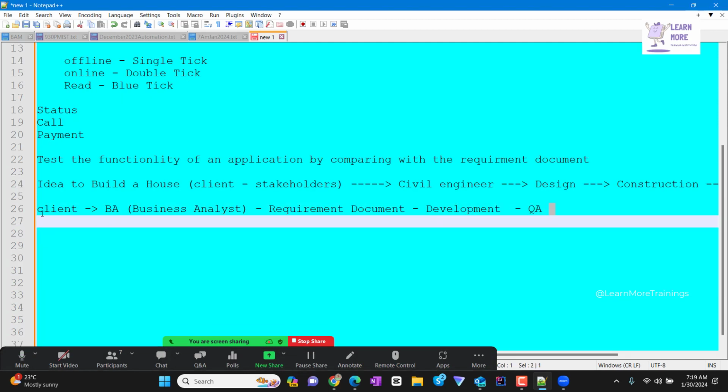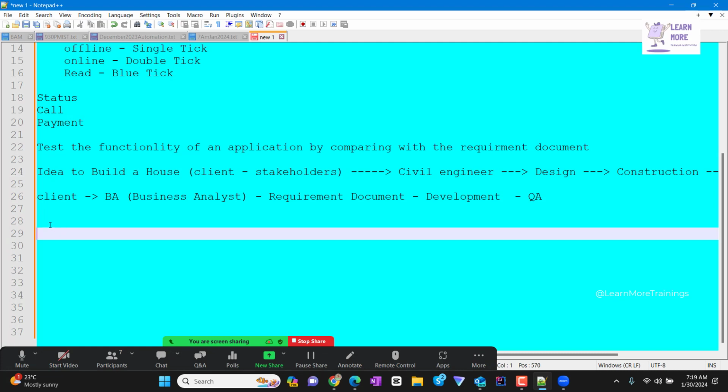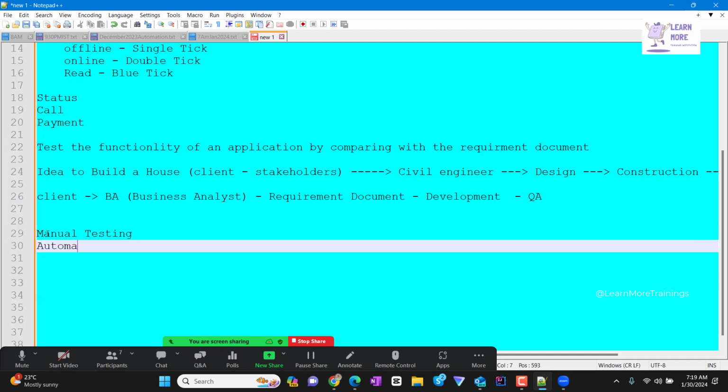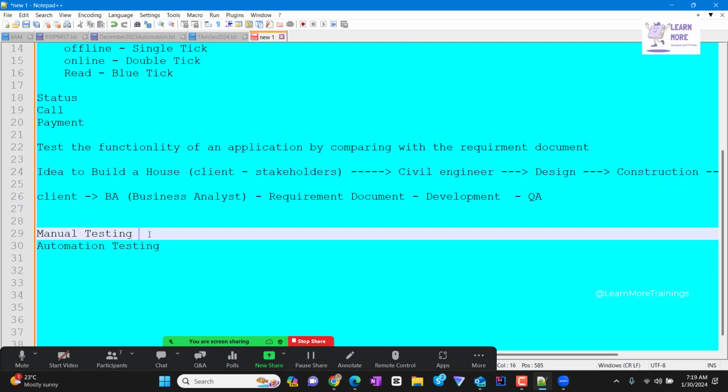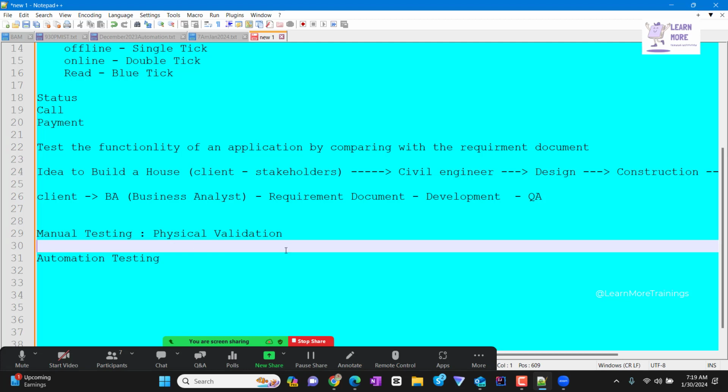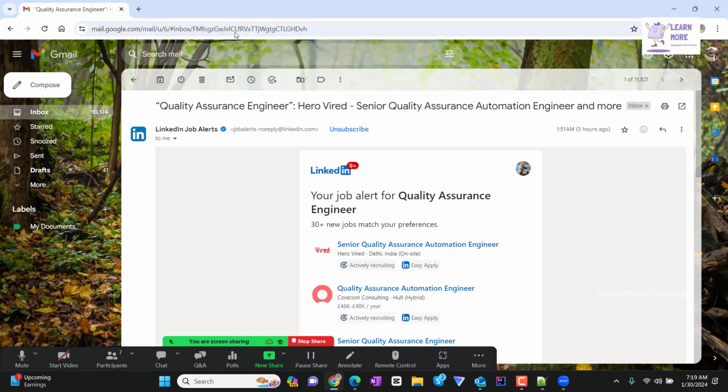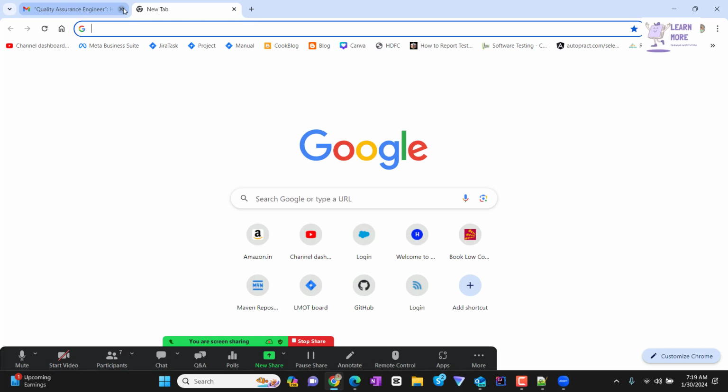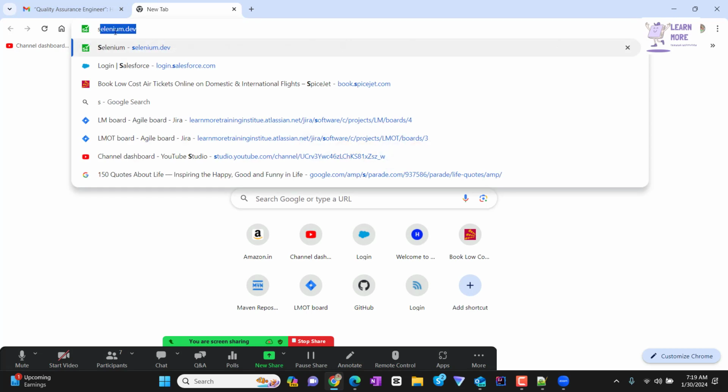Testing. Okay, so this testing can be done in two ways. One we call manual testing, and the other is automation testing. Manual testing, we call it physical validation. What is meant by physical validation? Let me just take any web page. Let me open the web page called